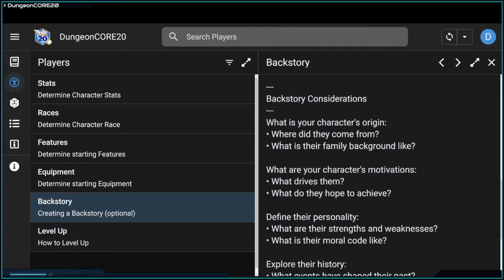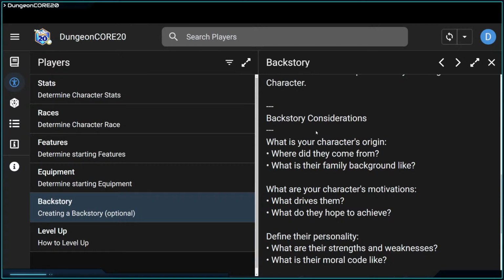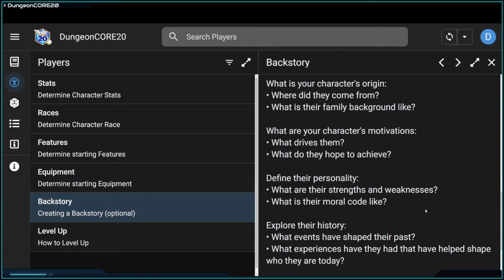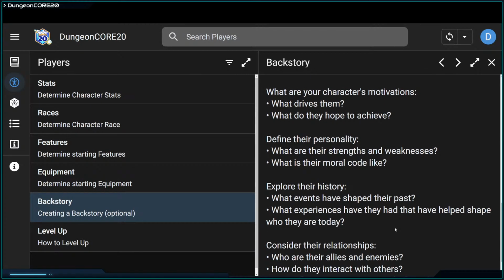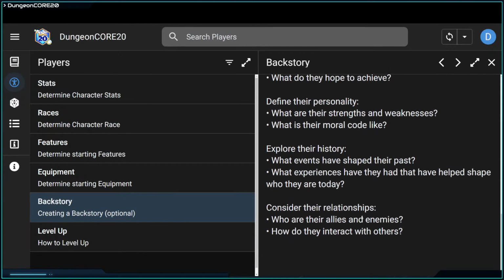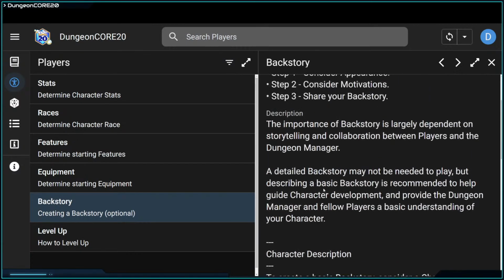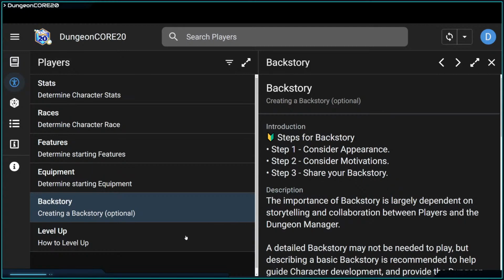The next section here is really just considerations, which is your motivations, right? So what is their origin? Where did they come from? What motivates them? What's their personality? What's their history and past like that maybe shaped them or motivates them to partake in this journey? And then any relationships, right? Allies, enemies, who do they interact with, how? So very simple ways to just set up a simple backstory, nothing complex, and also not something that is heavily driven by the game,